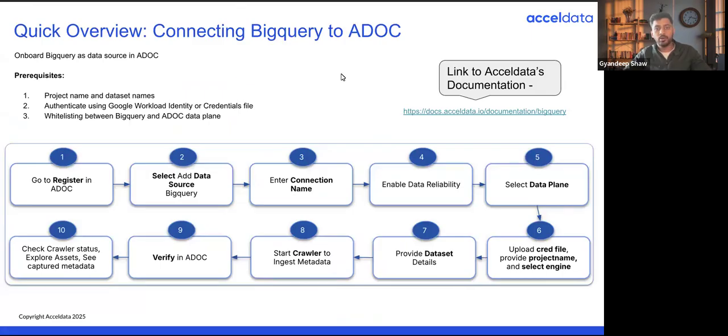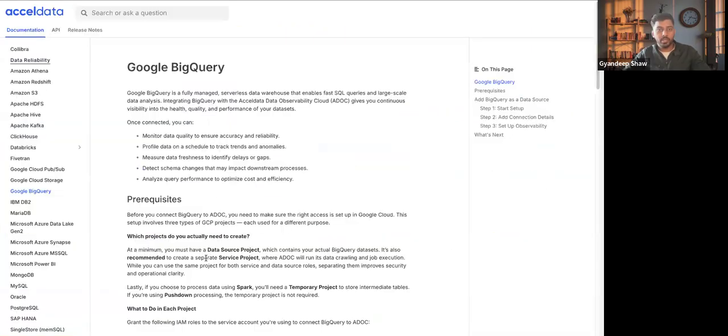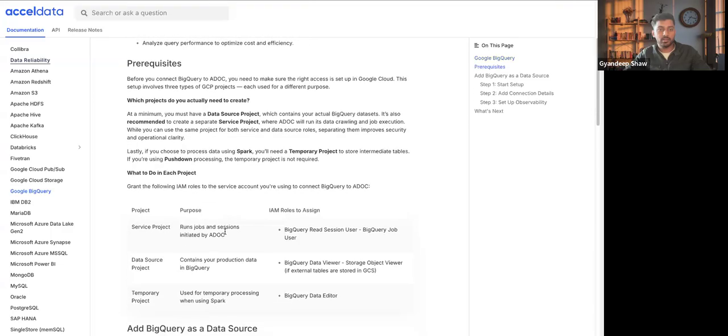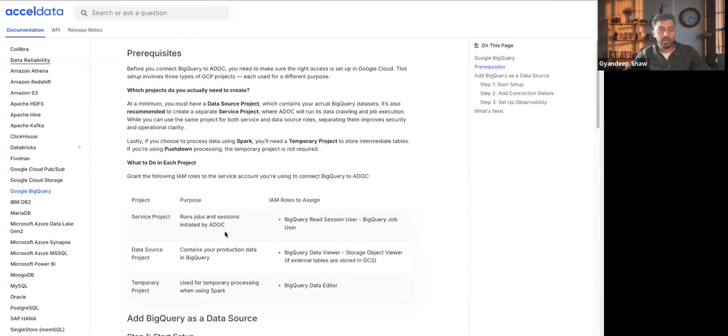But depending on which approach you go with, there is a detailed document which is present here, right? If I open it up here, this is the document that Acceldata has in its documentation site. So these are the prerequisites for BigQuery integration with the ADOC platform. So at a minimum, you need the data source project, right? The project name, right? And then